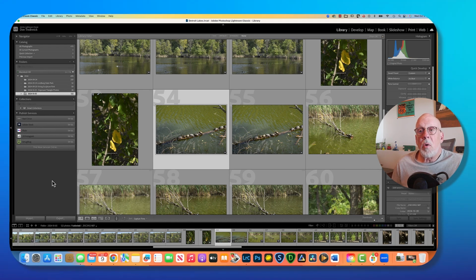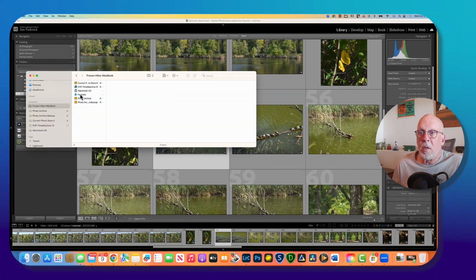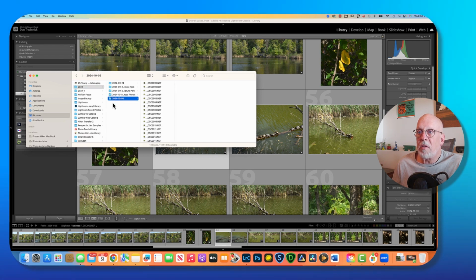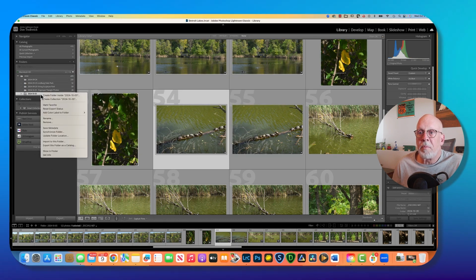So if I want to go and rename my folder, I can actually just do it right here in Lightroom. And before I do that, I'm just going to go back to the Finder, and we're just going to go back to look at photos. So let's just go up to the pictures, pictures 2024. And so we see 10/5/2024 sitting here. So if in Lightroom I go in and again right click, the 2-finger click, and just say